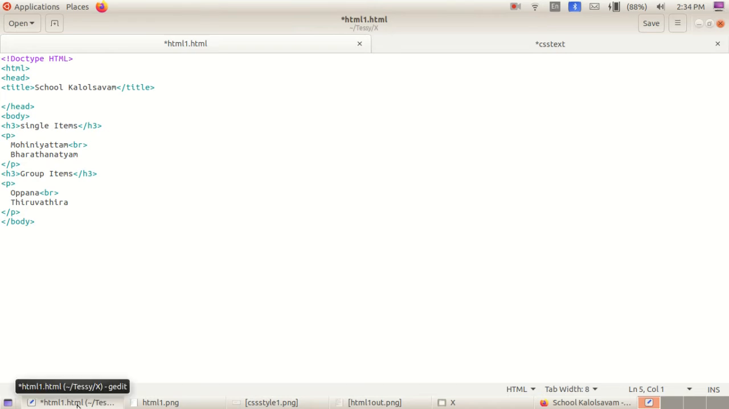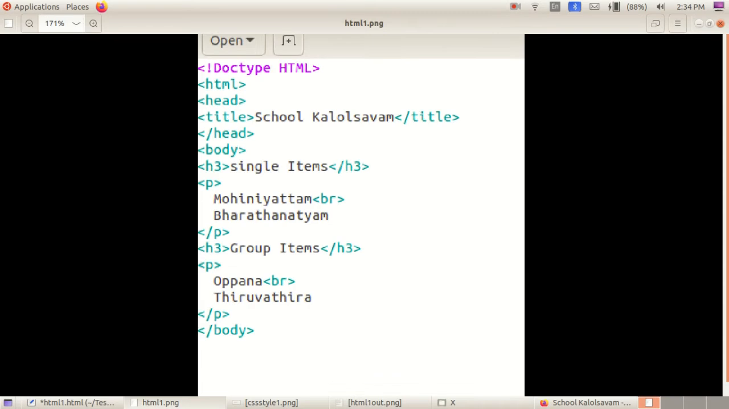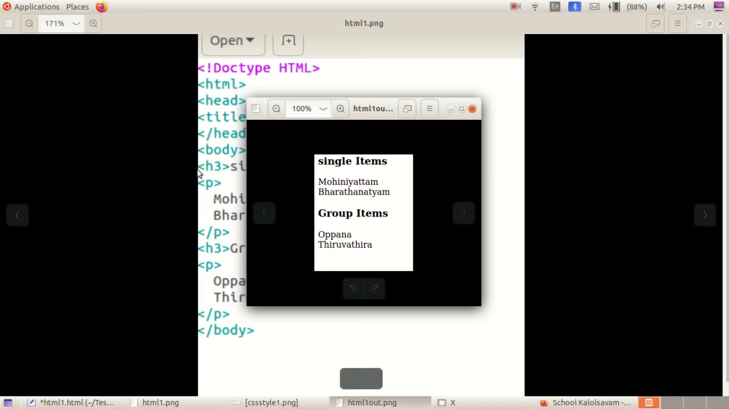We need to take HTML, single items, group items, HTML output. Its output is this one, children. You look here: single items Mohiniyattam, Bharatanatyam, group items Oppana, Tiruvazira. Okay, this is the output